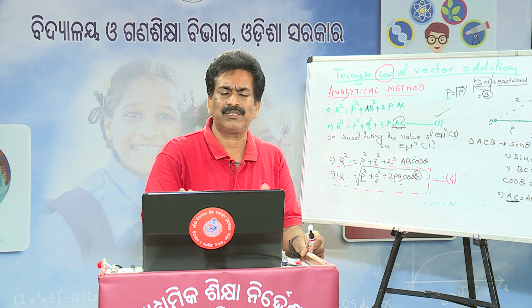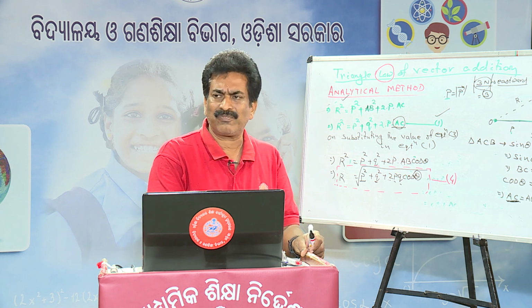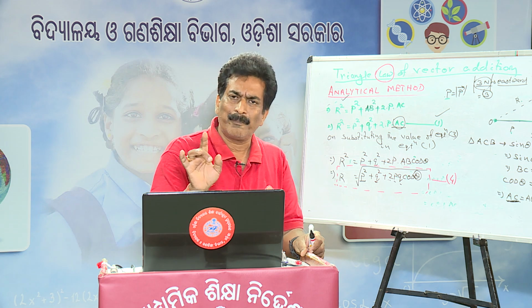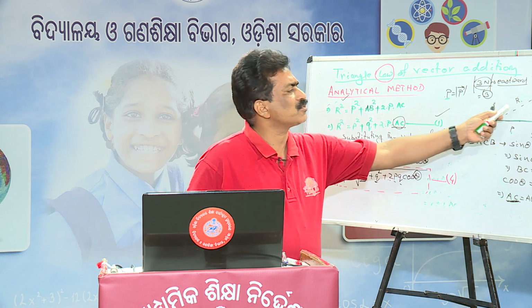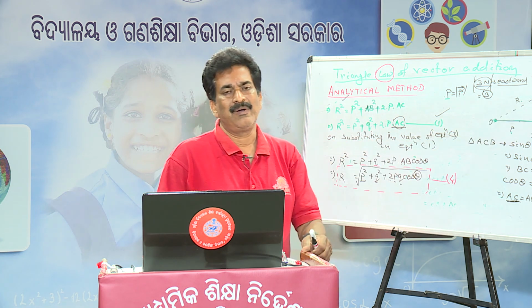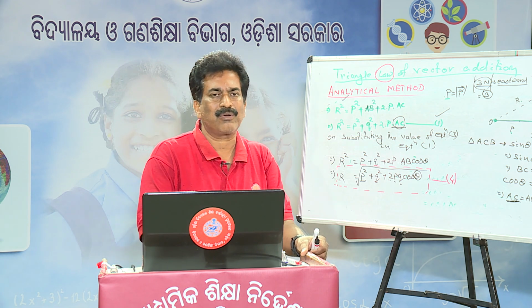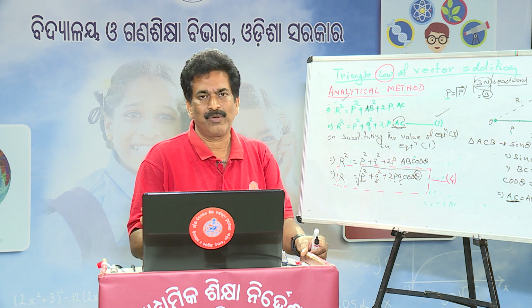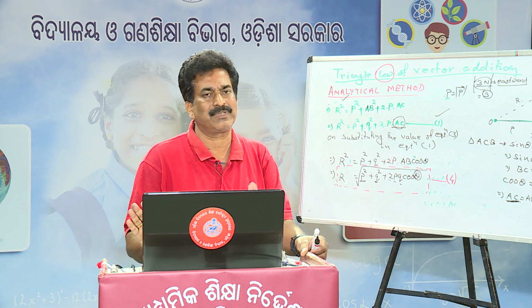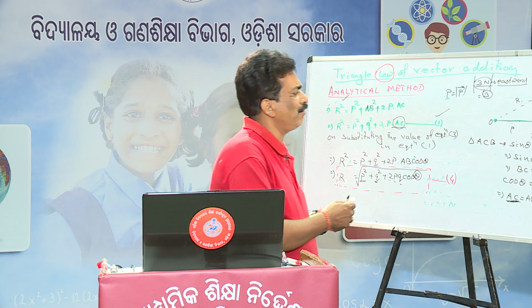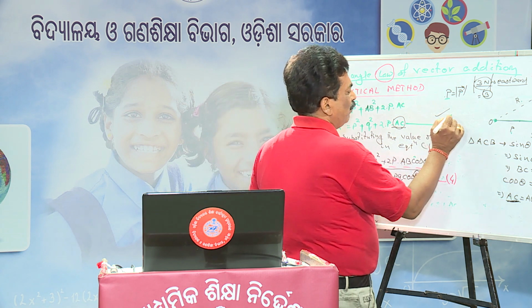So that is the resultant one, and that figure shows the parallelogram, and this I am showing you for the triangle. Either it is a parallelogram or a triangle, the formula is the same. Only the shape is different. Means for the parallelogram, if we take a parallelogram,